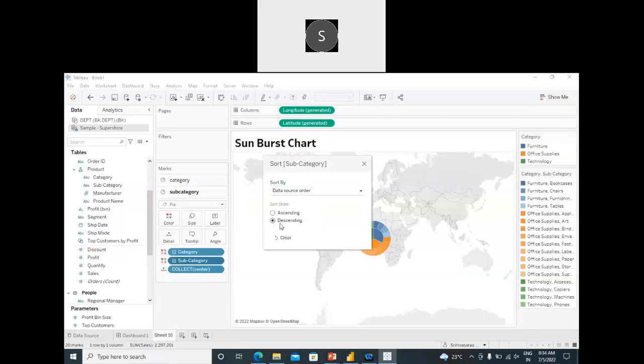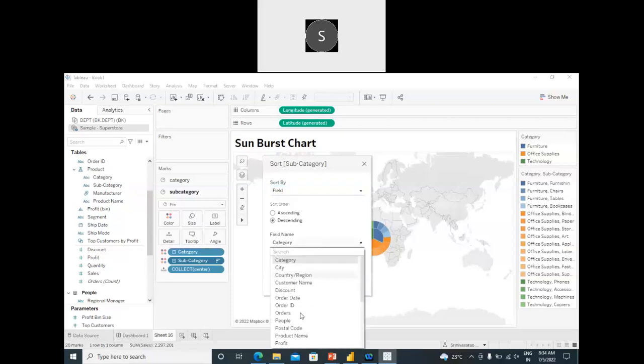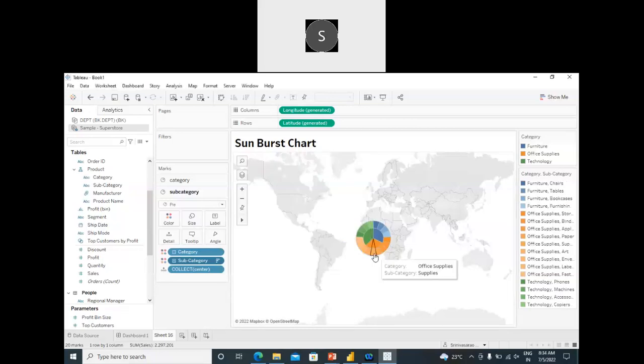Here you can see the descending order by field. The field I can select it. Based on what we are sorting the data: sales, based on sales. Okay, select the sales. Now can you see that here I am getting all at the same time when I go for furniture-wise also we are getting